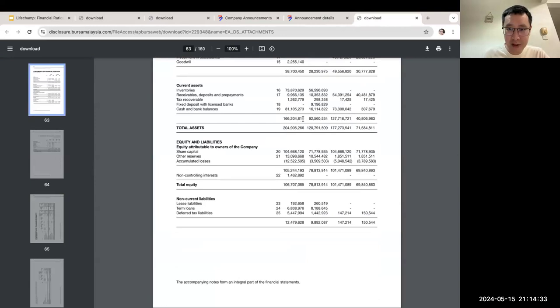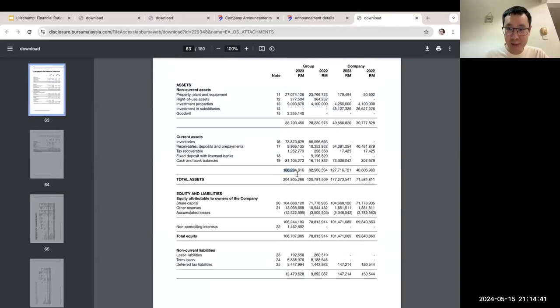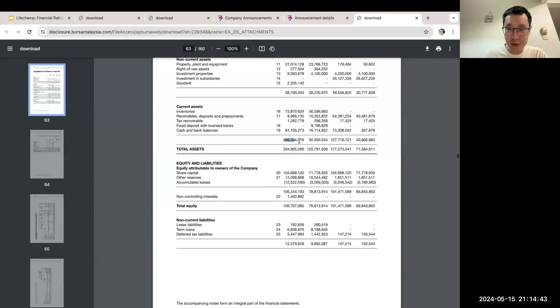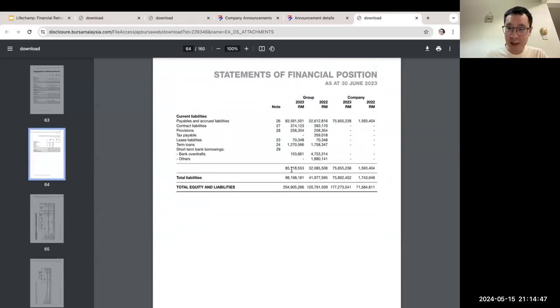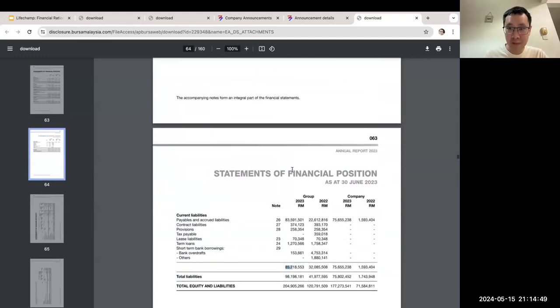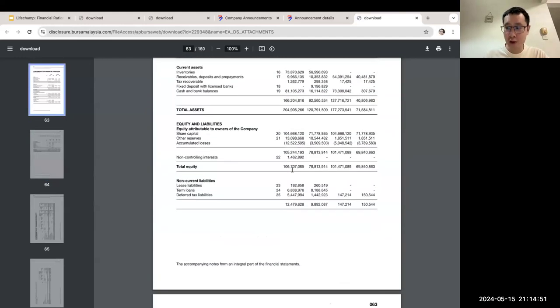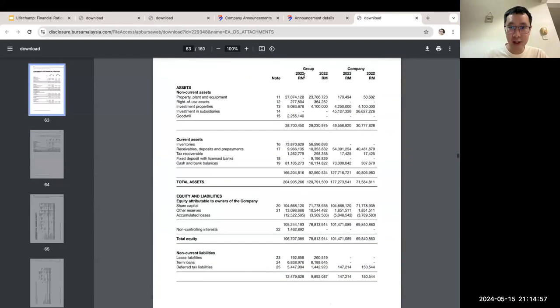So we can see that it has this amount of current assets, 166 million. Okay, so 166 million. Now let's see its current liabilities. It's about 85.7 million. Okay, so what you can do right now, if you want to calculate the current ratio for Clasita, what you do